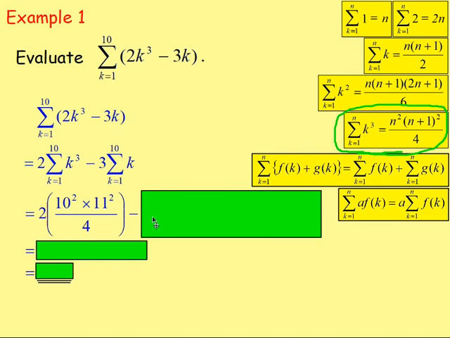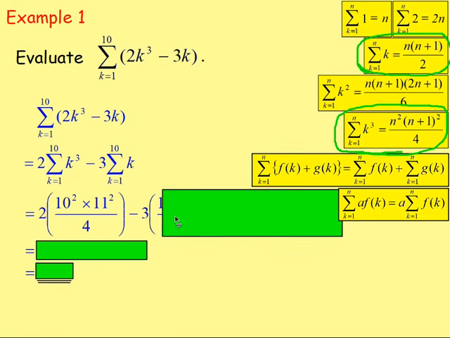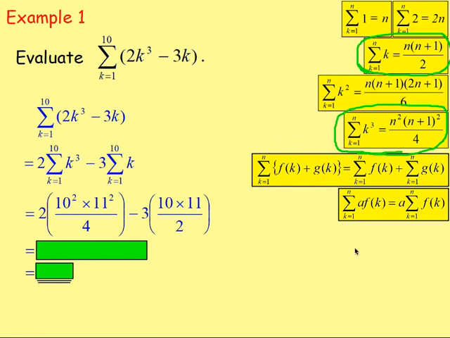We are taking away, we've got 3, just keep that to the side. And the sum of k going from k equals 1 up to 10 would be, well, the sum of k is just here. But again, we're replacing n with 10. So it'll be 10 multiplied by 10 plus 1, which is 11, over 2. Working that out, that becomes 2 multiplied by 3025. We're taking away 3 times. This works out to be 55. And if you work that out, you get